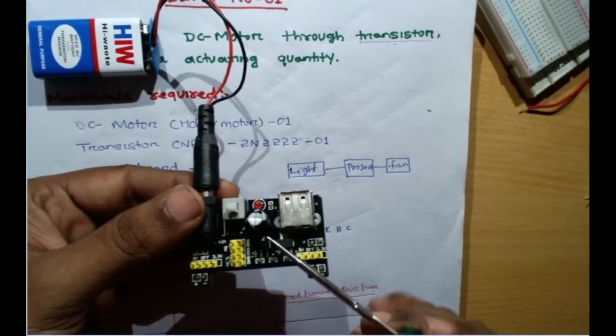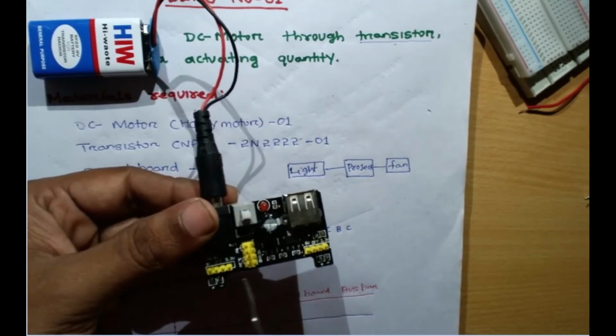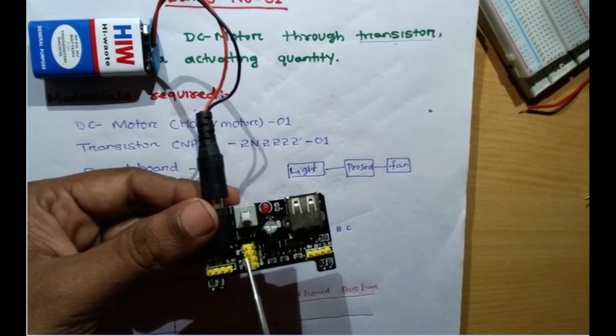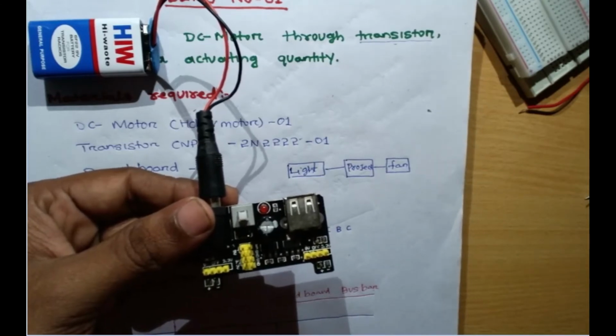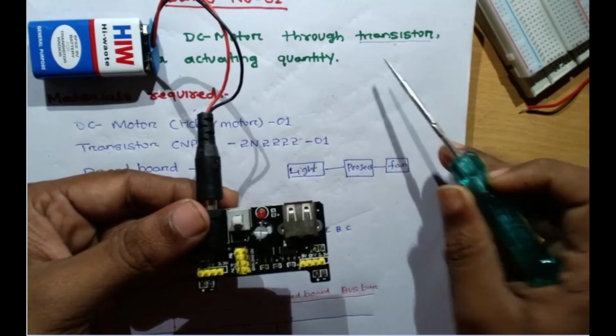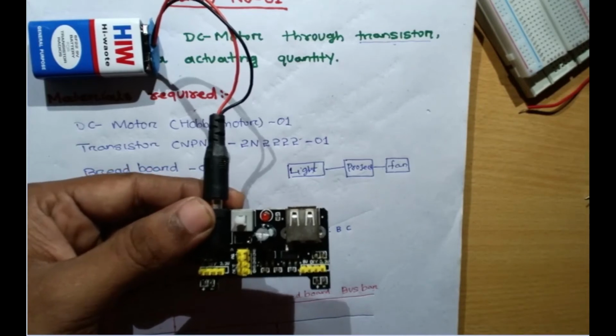Yes, now you can see, I hope all of you can see it. This 4 is the ground. These first 2 are the 5 volt I am getting, and these 2 I am getting 3.3 volt, but for my project I am getting 5 volt from this power supply unit. Here you can see, let me go through this power unit in a little bit of briefing.